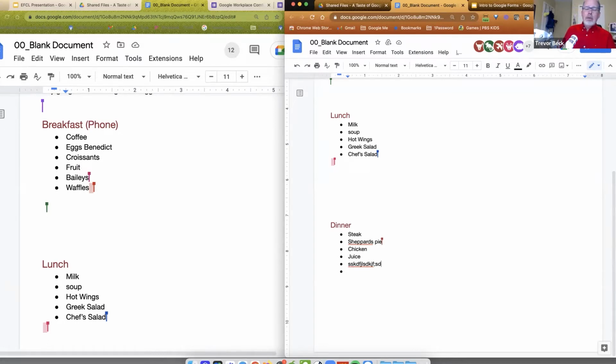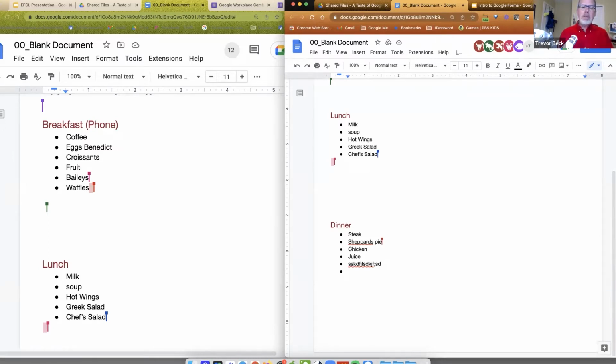Coffee was in there. How come no one else put coffee down? Because it was already captured. If we'd done emails and I sent out to 100 people, I would get probably 90 emails back. And the first thing on that list would be coffee. I'd open up the next email and it'd be coffee, coffee, coffee. Get where I'm going at? Because with email, you're working in a silo. You don't get to see what anyone else gets to see.